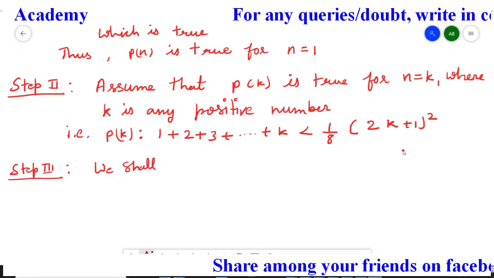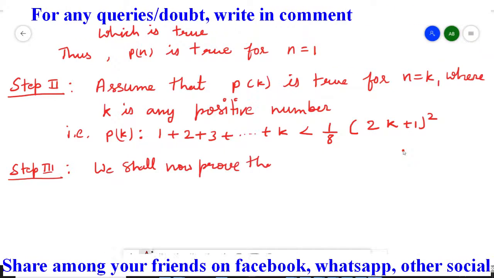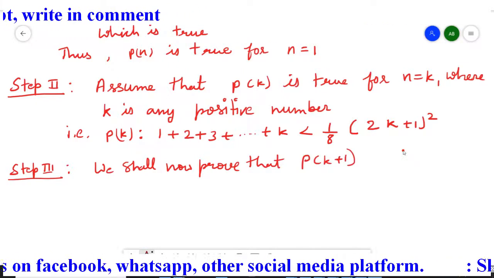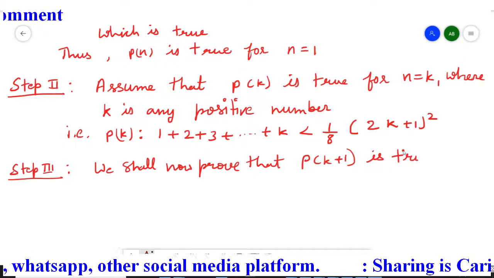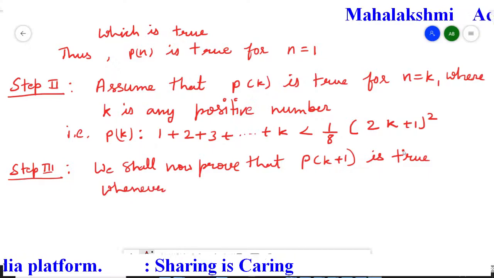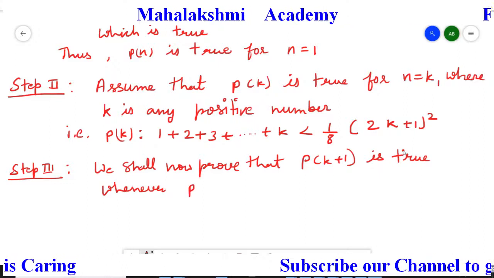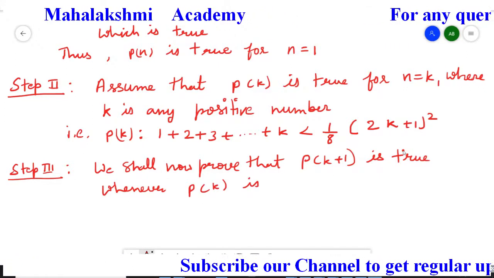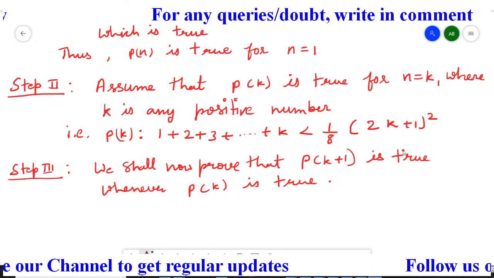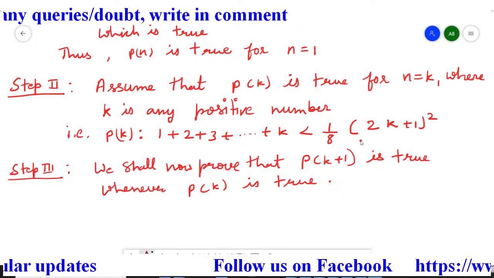We shall now prove that the Pk plus 1 statement, Pk plus 1, is true whenever Pk is true. So now first we will have to write down this Pk statement, and after writing this Pk statement, to